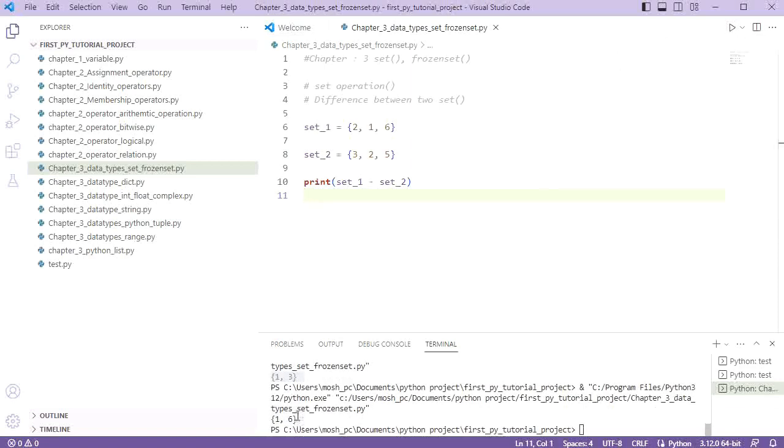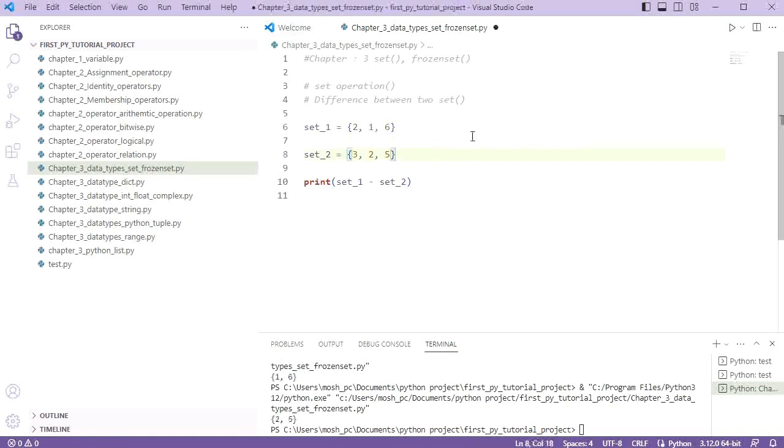As you can see here, we got 1 and 6. The difference of two sets can be found using the minus operator. The result is a new set that contains all the elements that are in the first set but not in